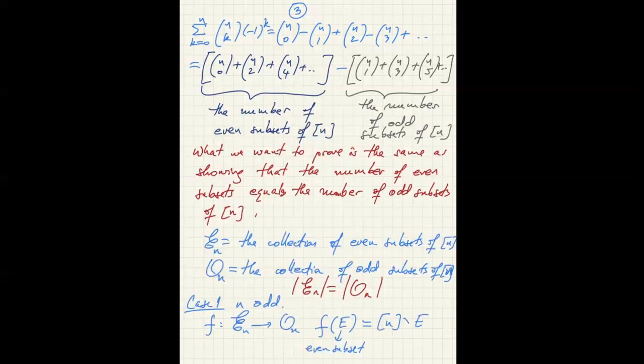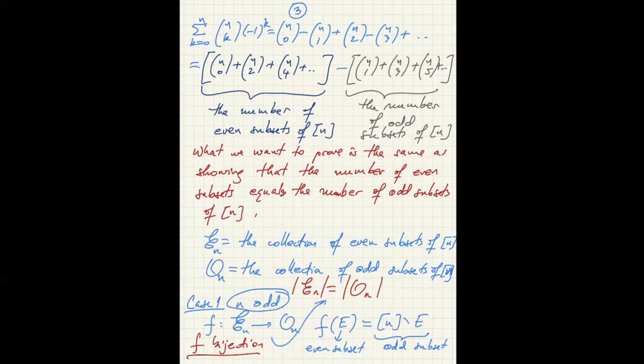And the key thing here is that this function is well defined, and this is because N is odd. So because N is odd, the cardinality of the complement of an even set is odd. So this is an odd subset. So this is a legit function, and it's not too hard to prove that F is a bijection. I leave that as an exercise for you to do. And because F is a bijection, that implies